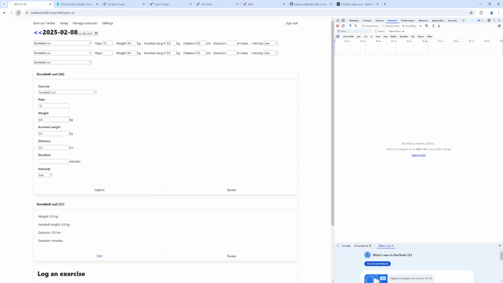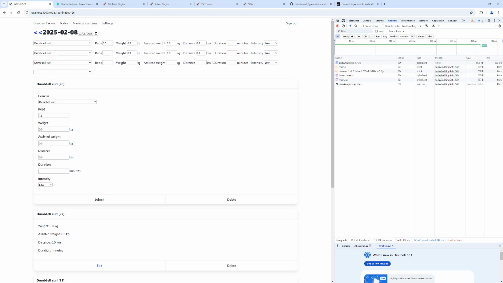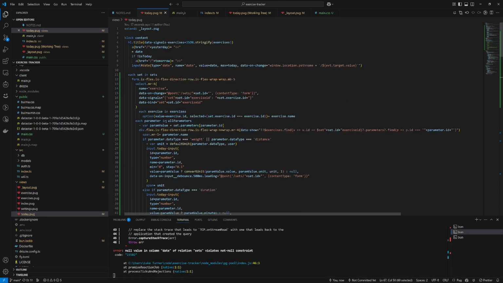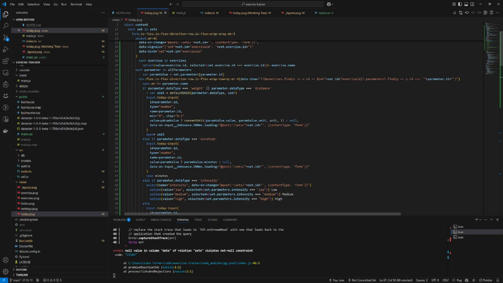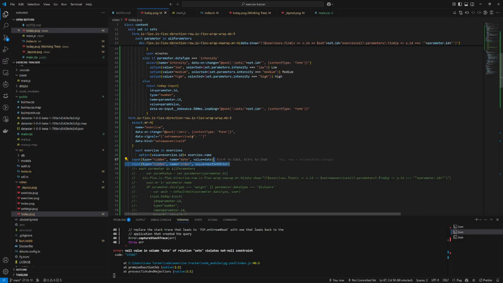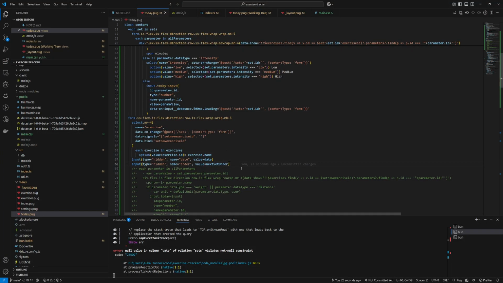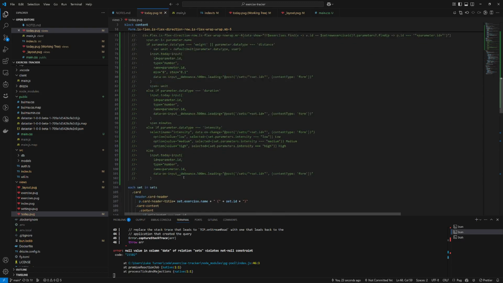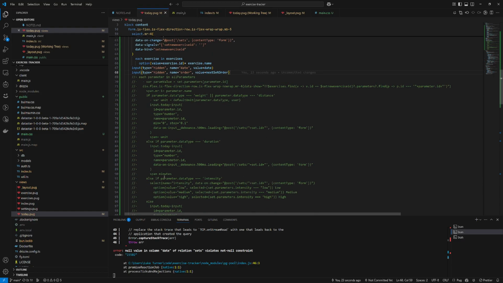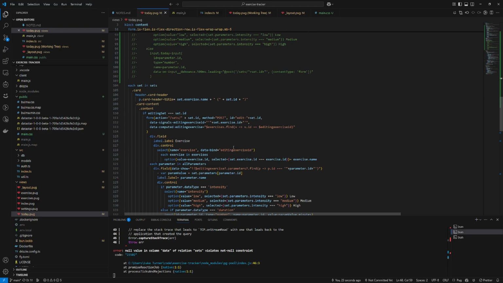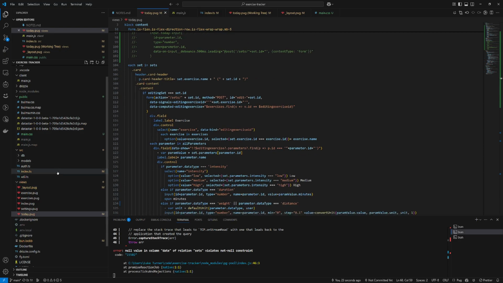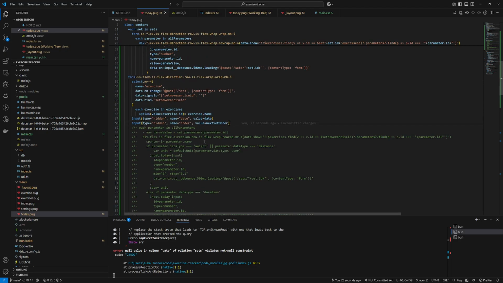Now if I refresh the page, that dumbbell curl is actually in this editing row up here. Does that make sense? It's no longer creating a new set. It's actually listed as one of the existing sets that we're editing. And so we could try and do something about that. But I'm actually thinking the best thing to do here maybe is to have this post